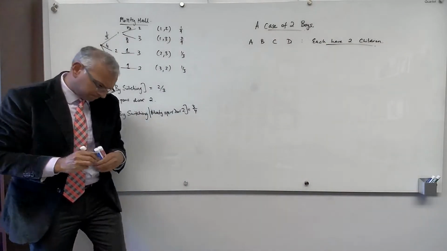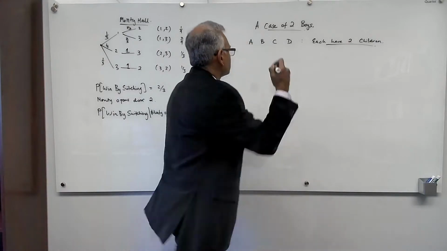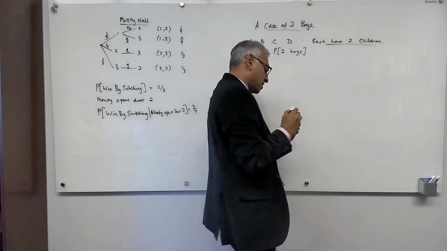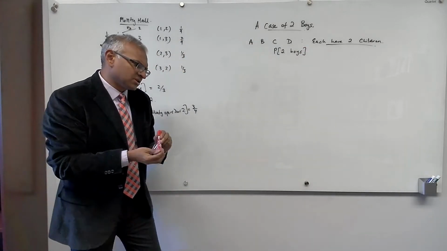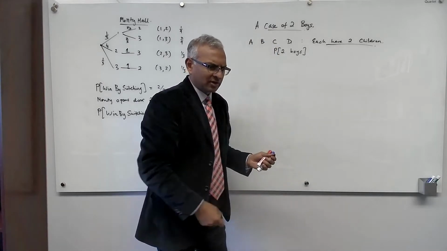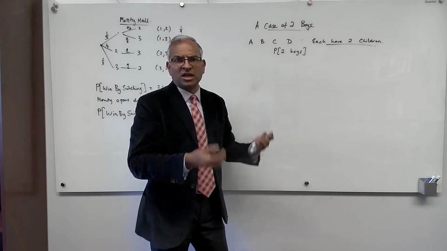Okay. Now, let's ask the question: what are the chances that their 2 children are boys? What's the probability of 2 boys? Okay, and now here we have to make some assumptions. We're going to assume that having kids is like flipping coins. Each time you have a kid, it's like flipping a fair coin, and half the time it's going to be a girl and half the time it's going to be a boy.